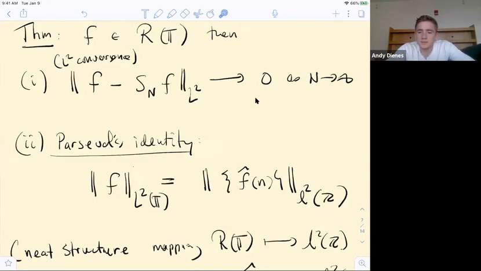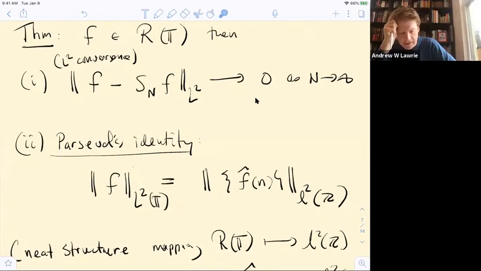What we're really relying on here is the fact that we're expanding in an orthonormal basis, and in the Taylor series, you expand in powers of x. If you want to find the Taylor series of a function around 0, then you expand in powers of x. And those aren't